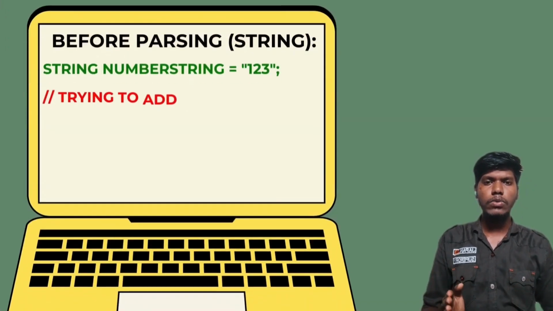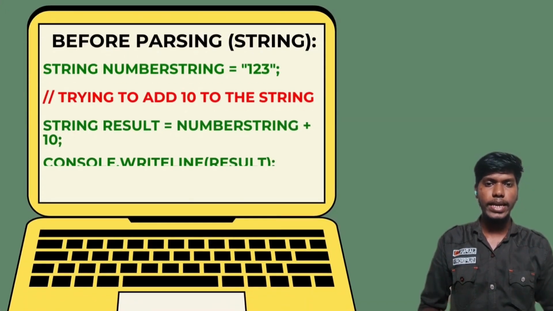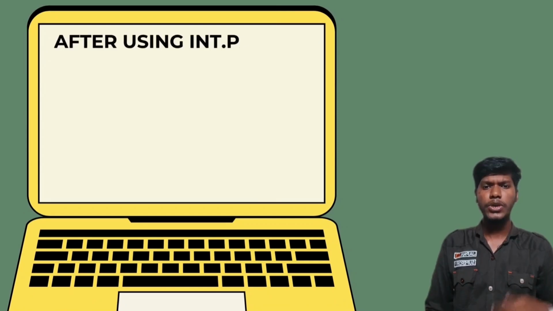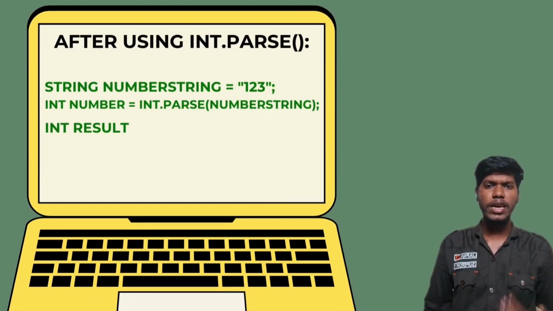So Nick has string "123" and he wants to add 10 to it. If we try to add 10 to string "123" directly, it will stick together like 12310. It's because if you try to add a number to a string, it will treat it more like text. But wait, there's a simple solution. Using int.Parse, we can convert the string